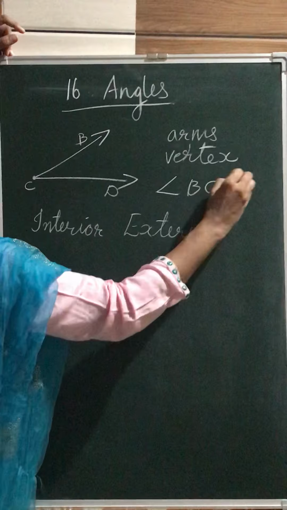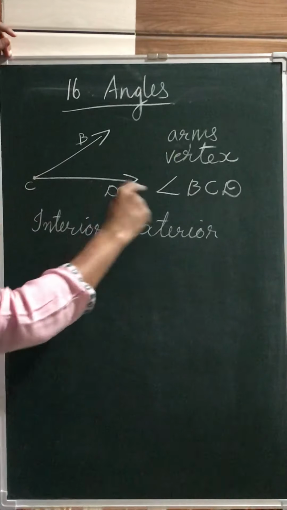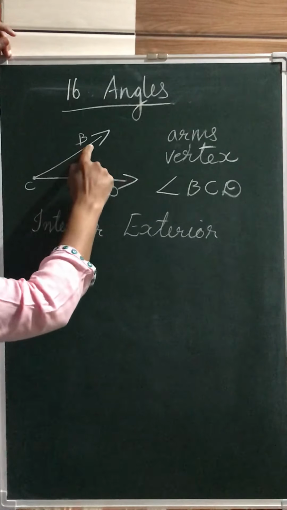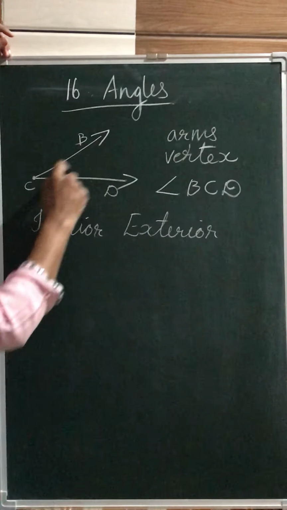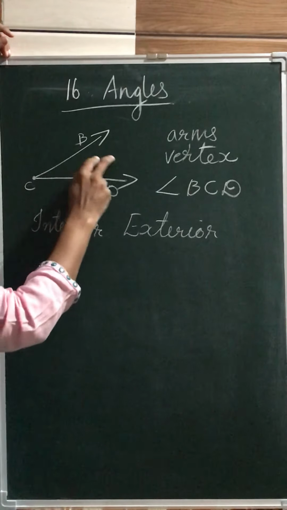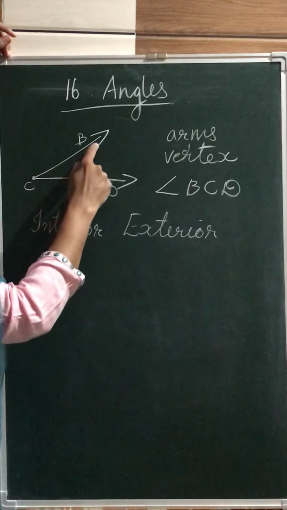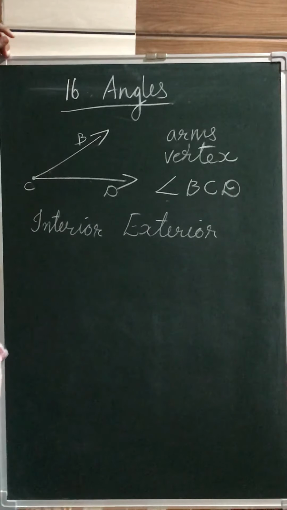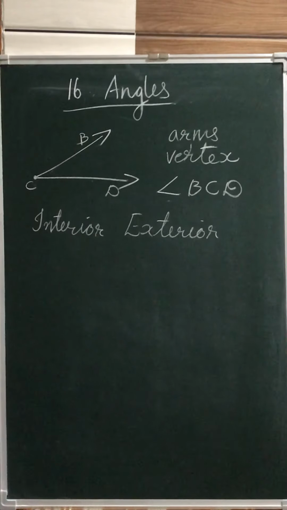BCD. With three alphabets we can represent an angle. This is the symbol of an angle, angle BCD. Two rays are the arms, the initial point is the vertex, the inside portion is the interior, the outside portion is the exterior. We can use this symbol for the angle, and using three alphabets we can represent an angle. Okay, now